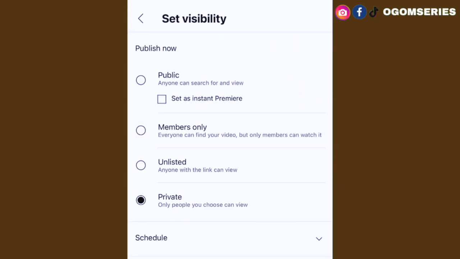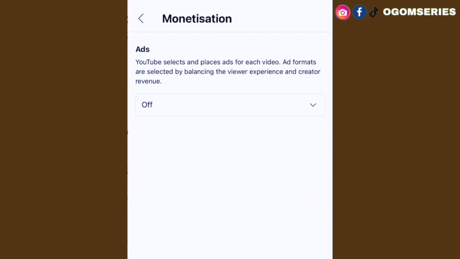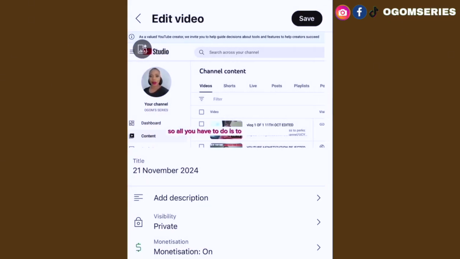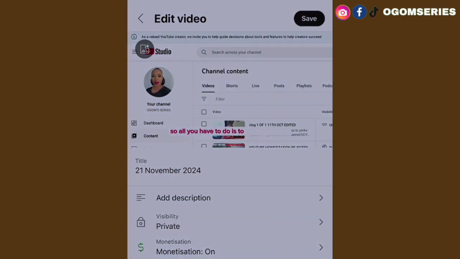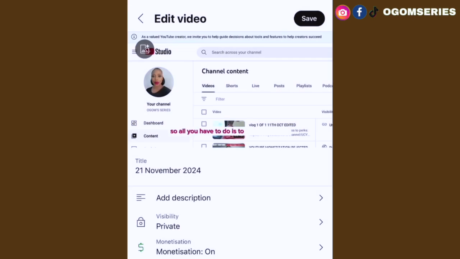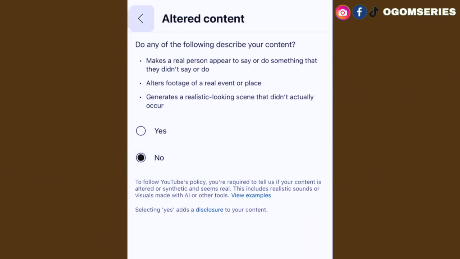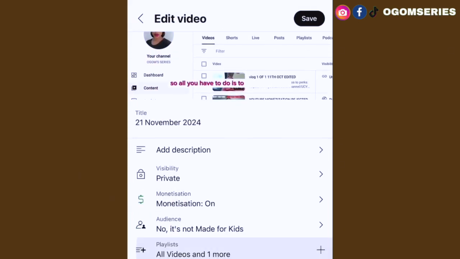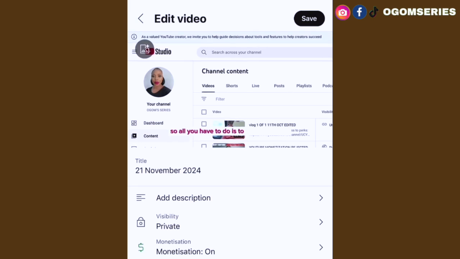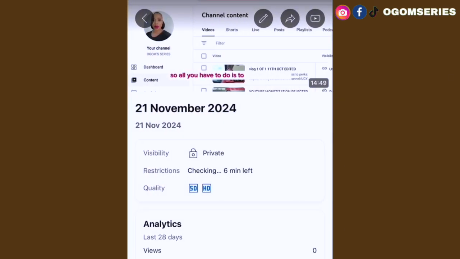Now, on that same home page of your video, you are going to see visibility, whether you want to upload your video on private, on unlisted. You will see the monetization. If you don't want to make money from the video, just turn off the monetization. You're also going to see the playlist where you want that video to go. Maybe if you have playlists on your channel and you arrange them, you push this video to masterclass depending on what your video is all about. And after clicking on the necessary things, save them.